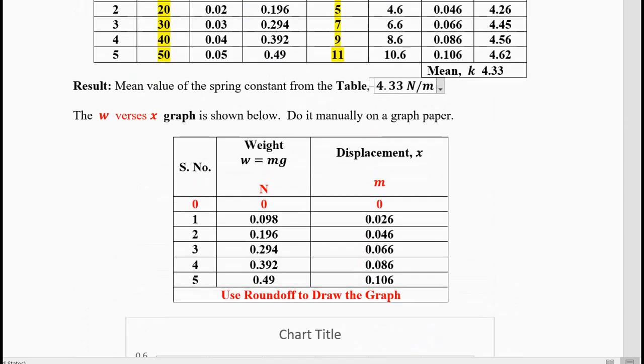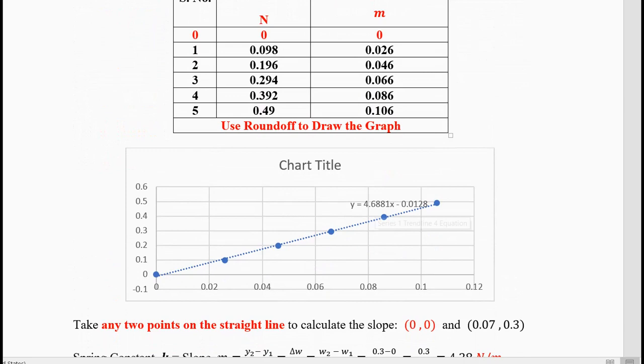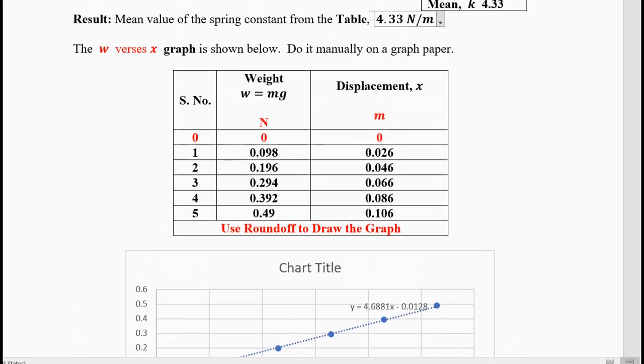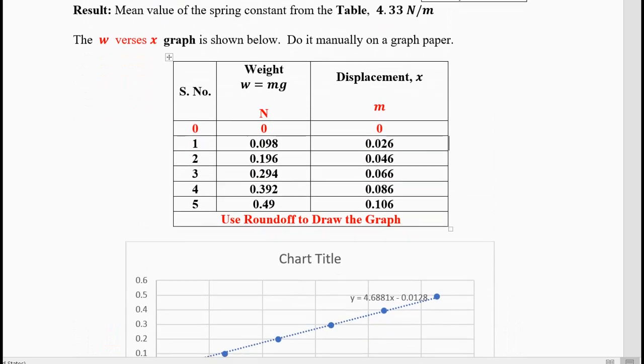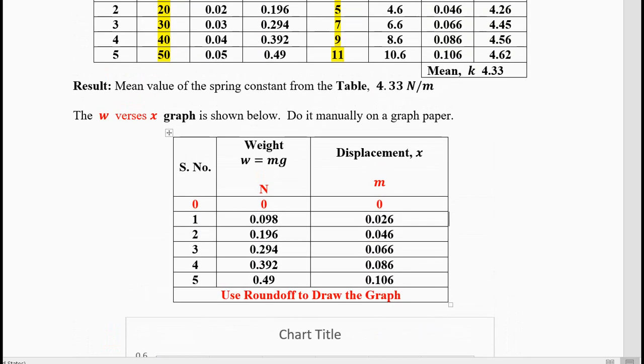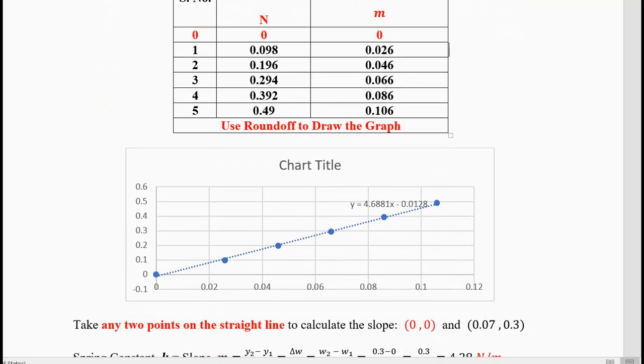How much did your machine tell you? Your machine graph says it is 4.68. It will be different. And your table says 4.33. So the answers will look different in different places. There are reasons for that. So your mathematical answer is 4.33. Then again in graph it depends what kind of software you are using, what algorithm it is using. So the answer will change from software to software.